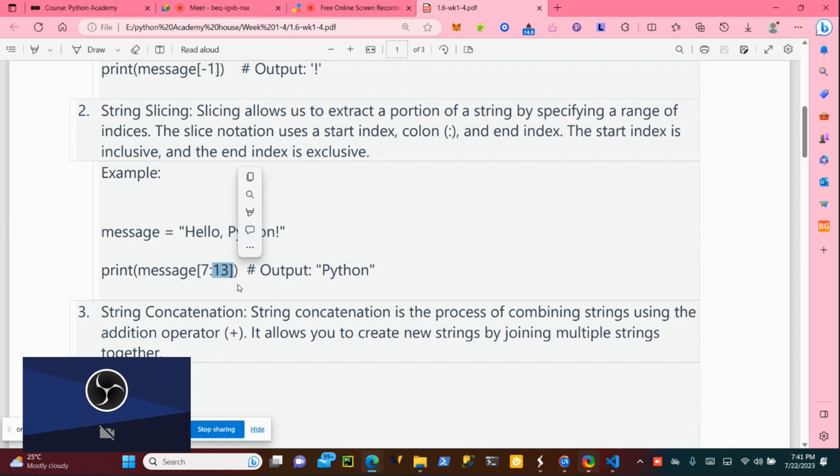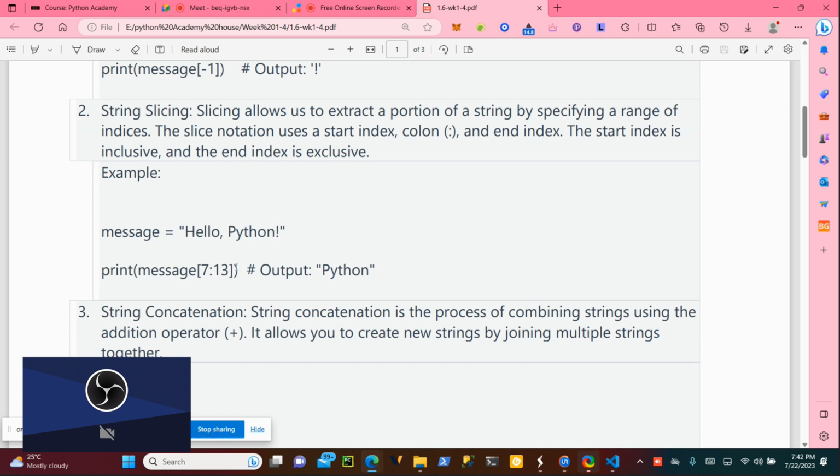Yes, sir. Okay, so now when we run this code, you can see there's 7 colon 13, which means that you will count from here 0, 1, 2, 3, 4, 5, 6. You start with P as 7, which is inclusive. Then you count from 7, so 8, 9, 10, 11, 12. If you put 12 here, it won't print the n.